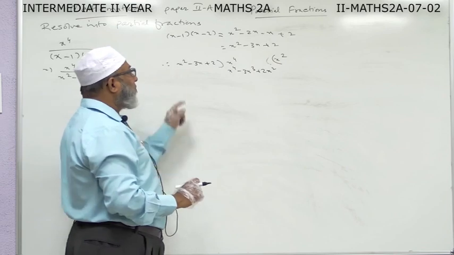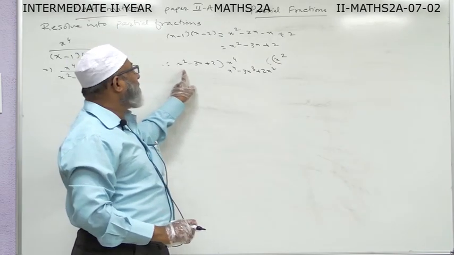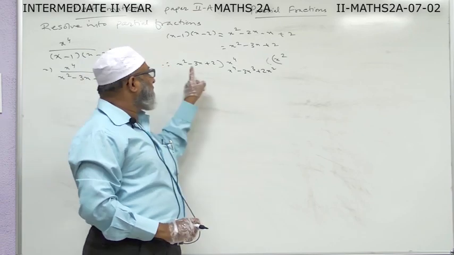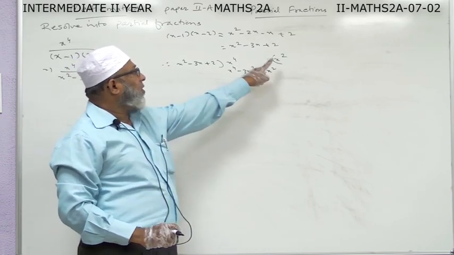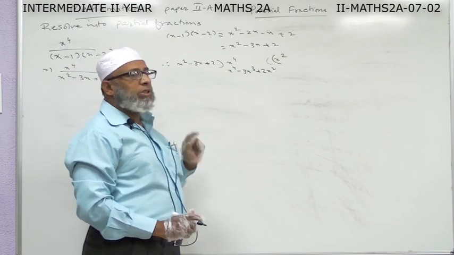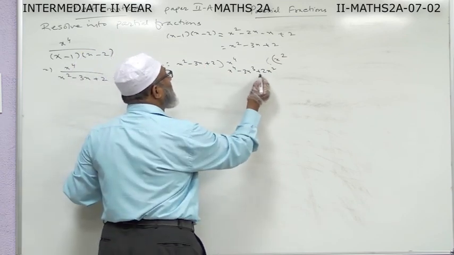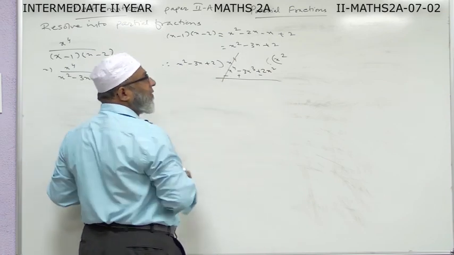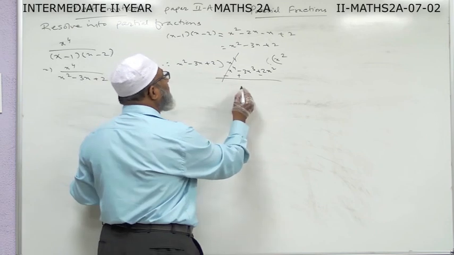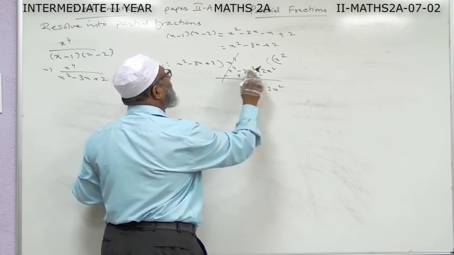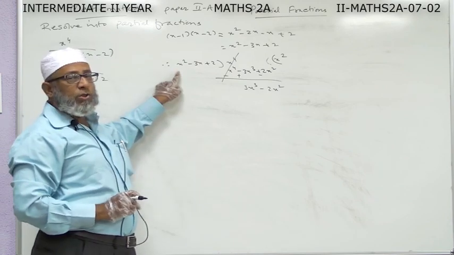Is it clear? I have multiplied this x square minus 3x plus 2 by x square: x square into x square, x to the 4, x square into this minus 3x cube, x square into 2 is 2x square. Now, I am changing the sign, plus becomes minus, minus becomes plus, plus becomes minus. So this part will be cancelled. What remains? 3x cube minus 3x square, 3x minus 3x.